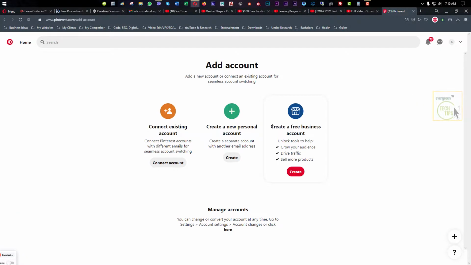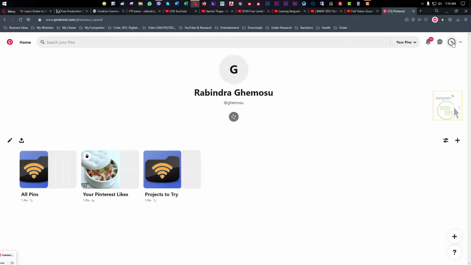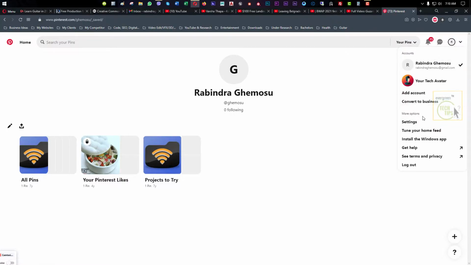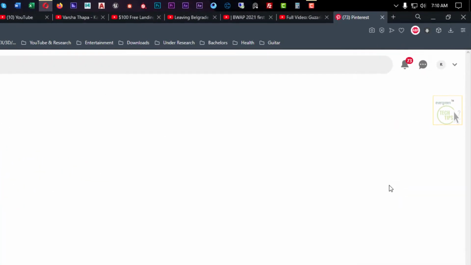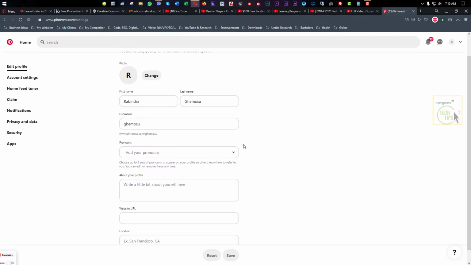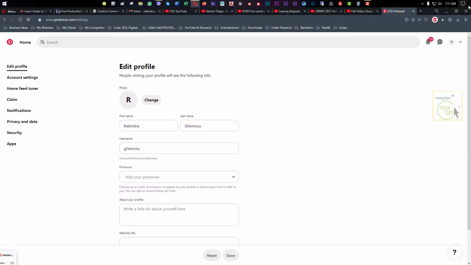You can also add an account easily like this. After successful login to your account, tap on the down icon on the top right corner and then go to settings. And as you can see,